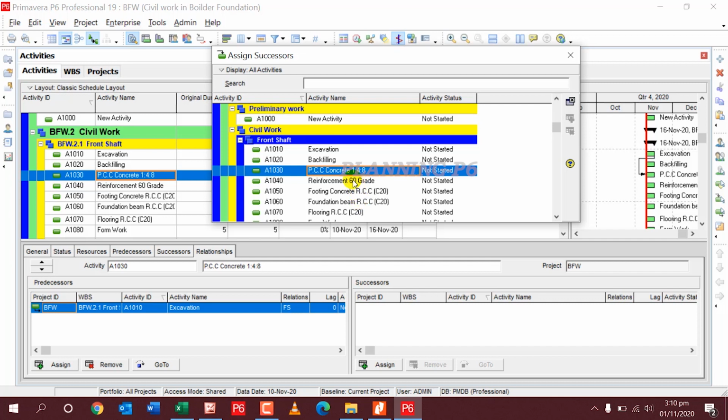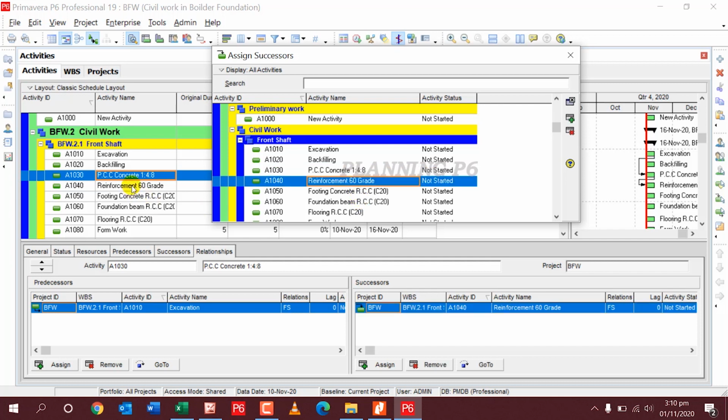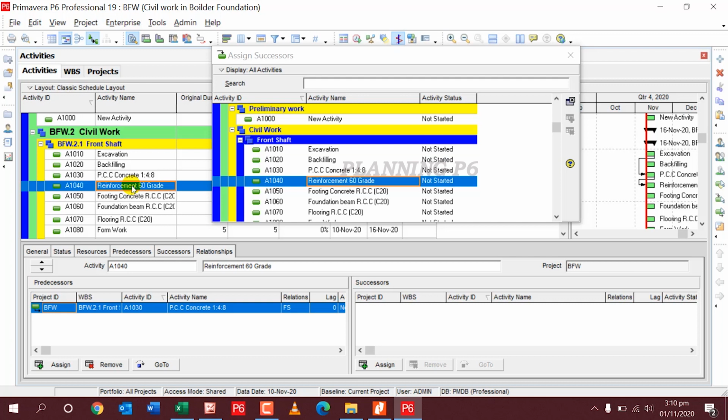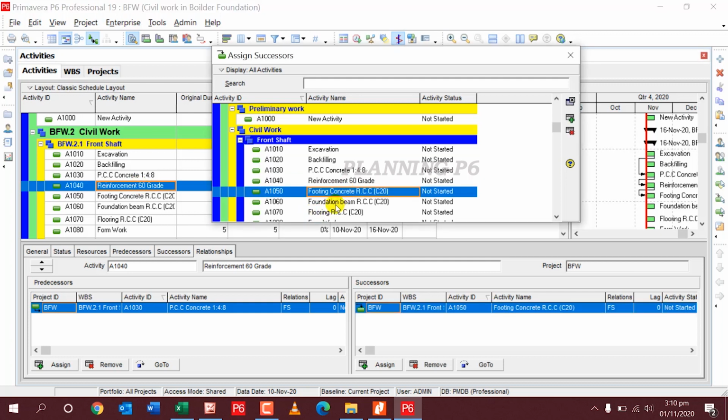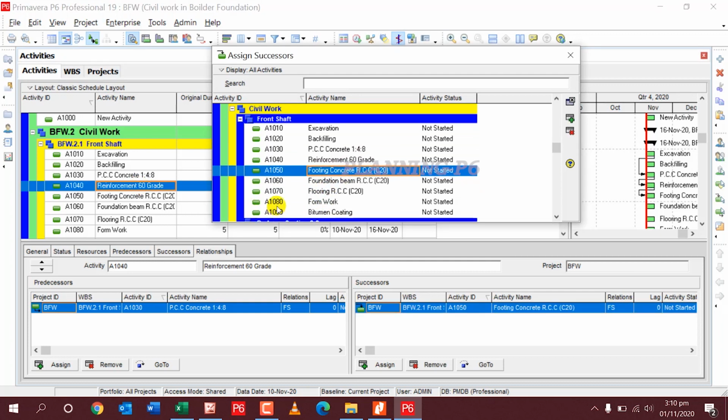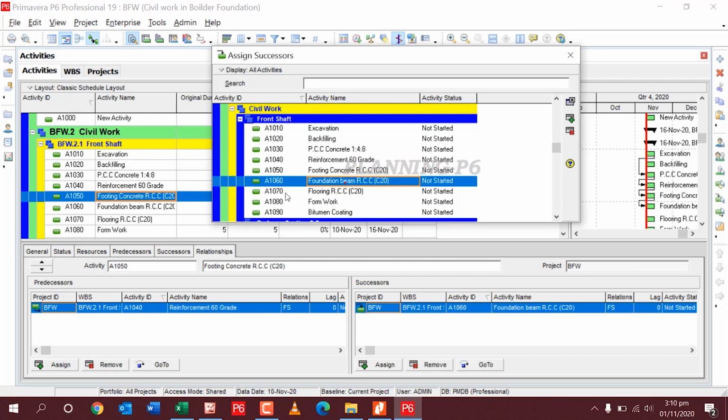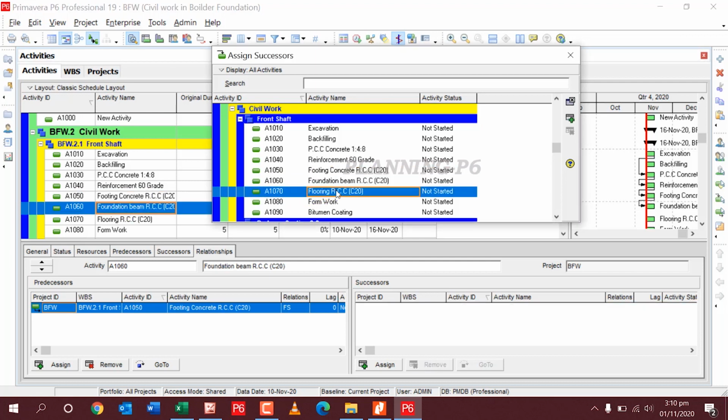Then when I perform my reinforcement, I will go for footing concrete, and then beam concrete, and then flooring concrete.